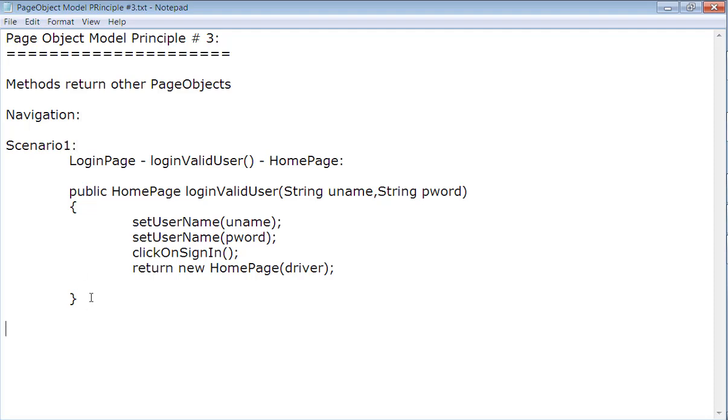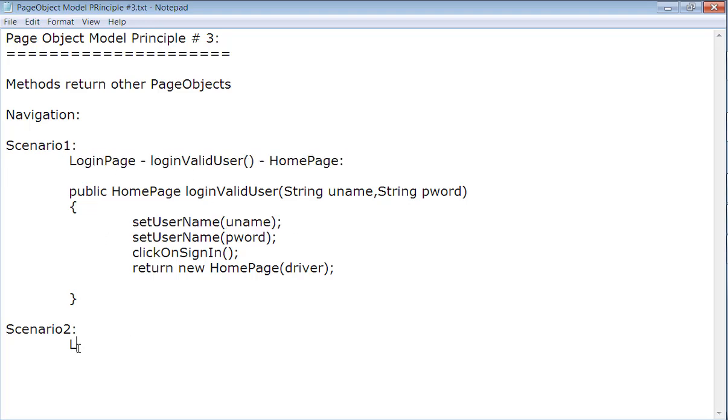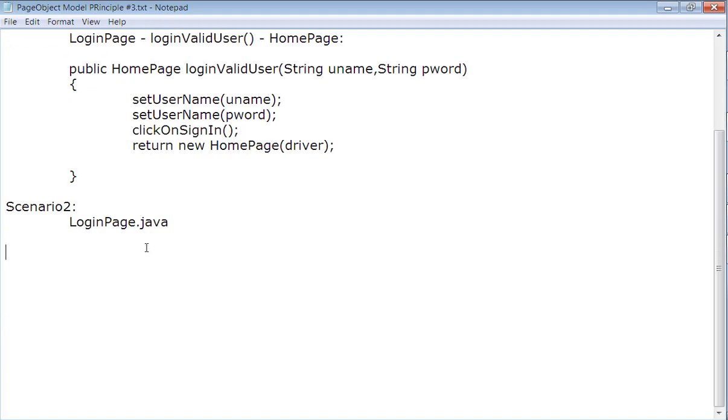In some cases, let's take scenario 2 for navigation. Suppose you try to set the username. If you'd like to see how this method is written in the login page, let me look into LoginPage.java. If you look into this method setUsername, it is written as public void setUsername(String uname), and here you have a driver.findElement statement.